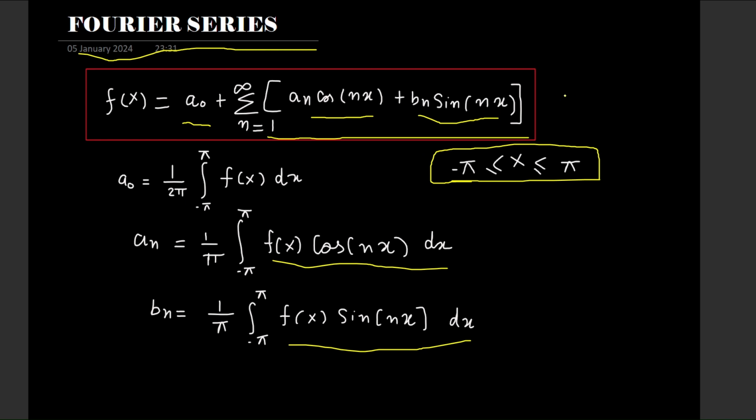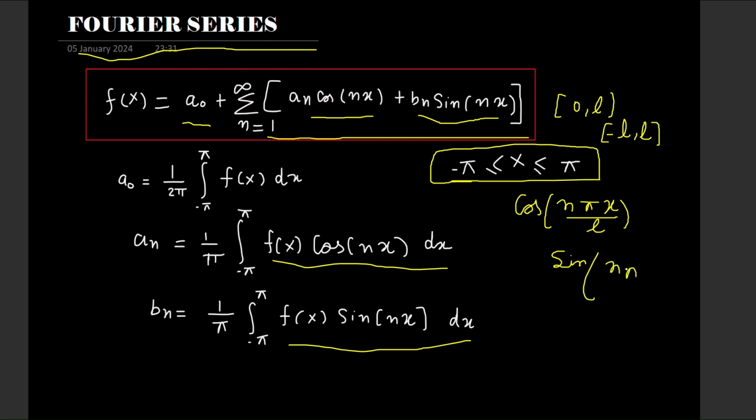For other limits, let's consider a constant L, for limits like integration 0 to L, or integration from minus L to L, there is a slight variation in the formula. Instead of cos nx, we have to use cos n pi x upon L, and we will do the same thing with the sine term, sin n pi x upon L. There will be a slight variation in the formula here, for the pi, if we consider a limit as 0 to pi,